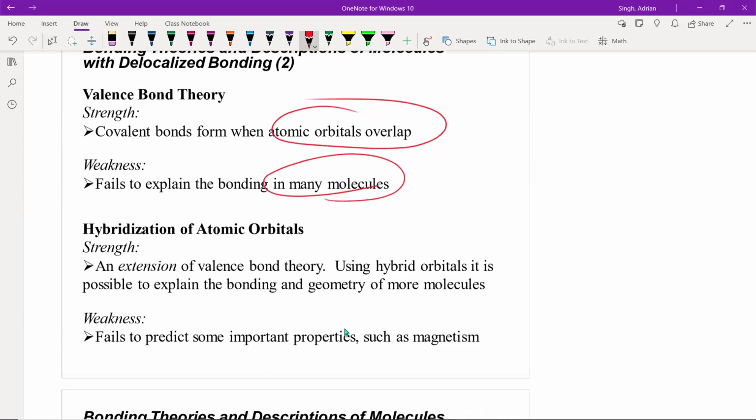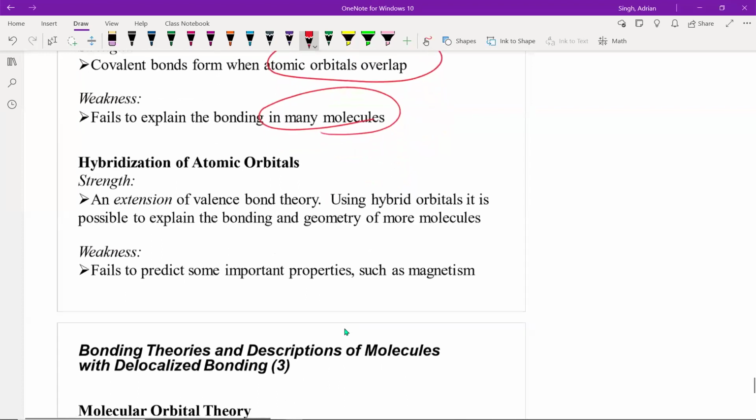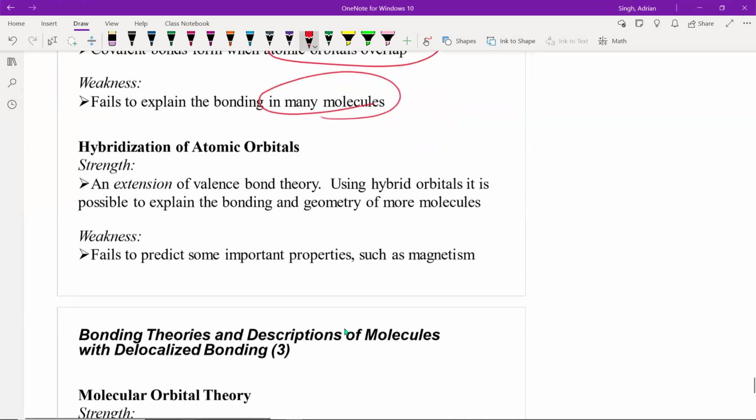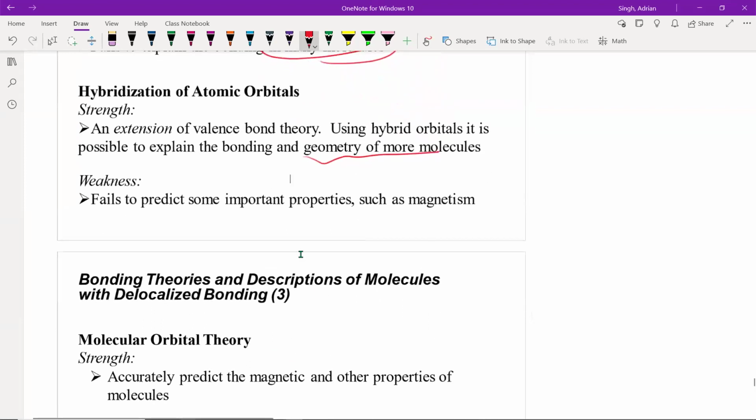The hybridization of the atomic orbitals, which again is an extension of the valence bond theory, explains the bonding as well as the geometry of several more molecules. So it's a little bit more widespread in terms of its application. But it does still fail to predict some of the other important characteristics, such as the paramagnetism or diamagnetism of